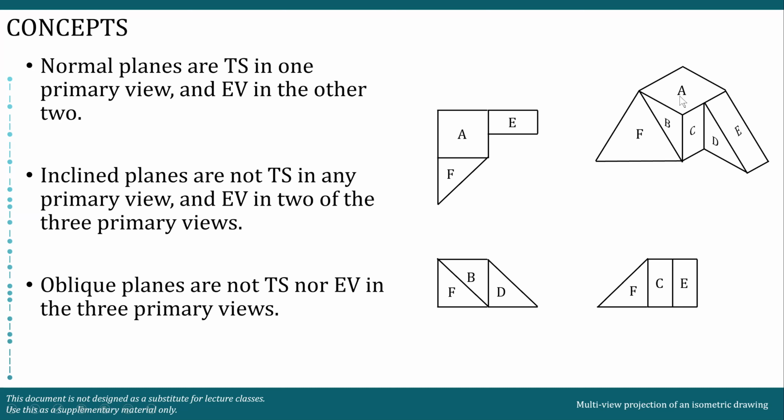Example, A. That's normal kasi A is here. So makikita mo siya dito, this is true shape. Pero wag nyo na tignan kung true shape ba siya o hindi. Tignan nyo na lang kung edge view ba siya somewhere else. Okay? So you can see